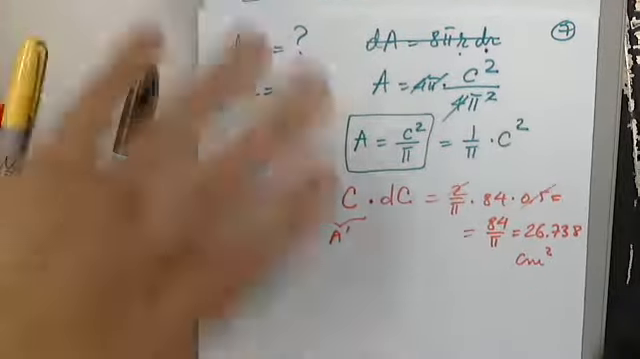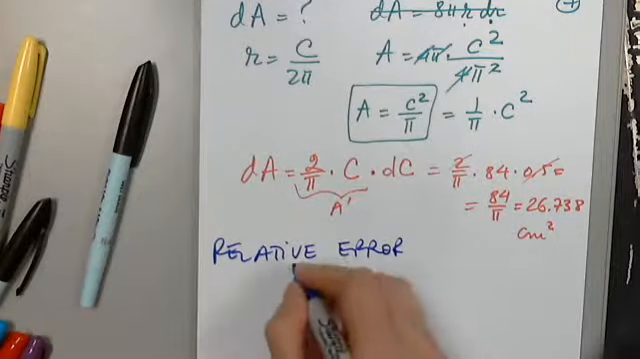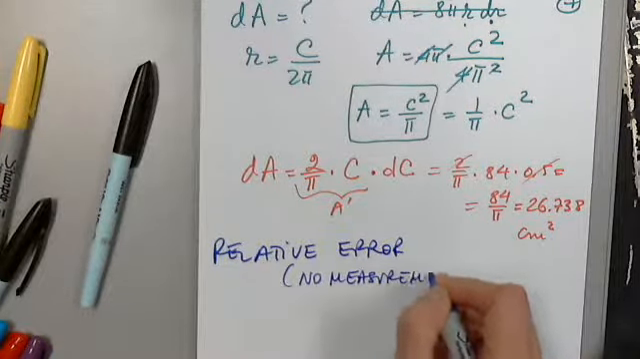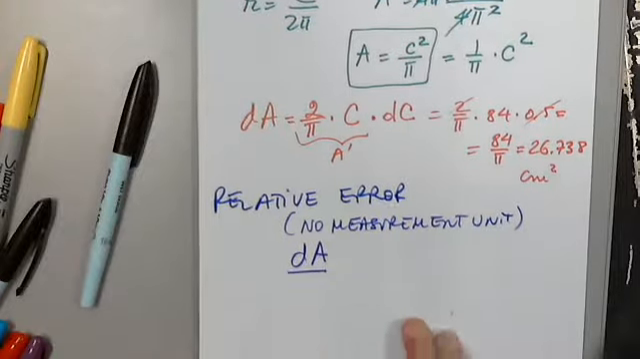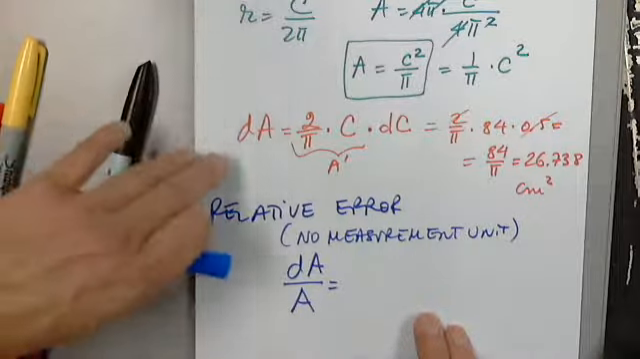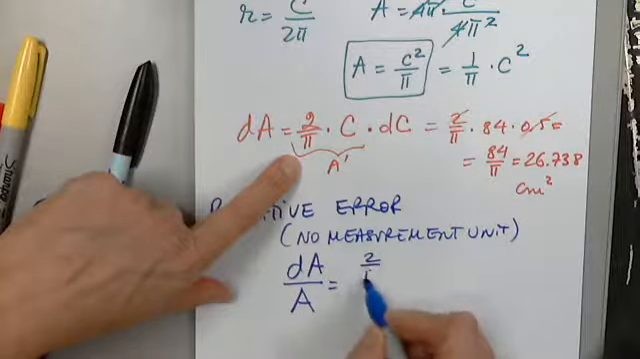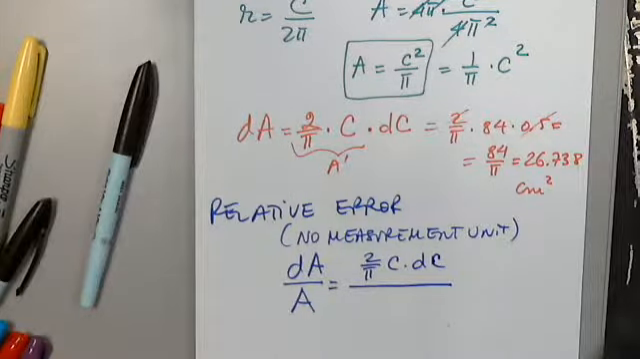Okay. Now we're asked to find the relative error. The relative error has no measurement unit. The relative error is the error in A over the original. In our case, I am going to copy dA, which was 2 over pi times c times dc. You can say, plug in the number. Yes, I just want to show you something. And we can. We will in a minute. Over A, which is 4 pi times